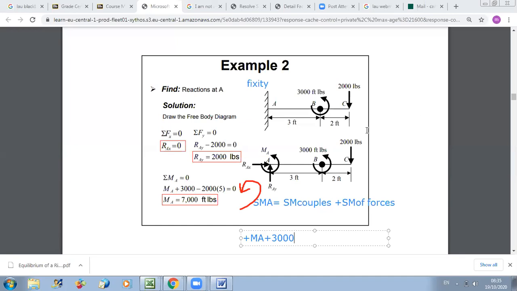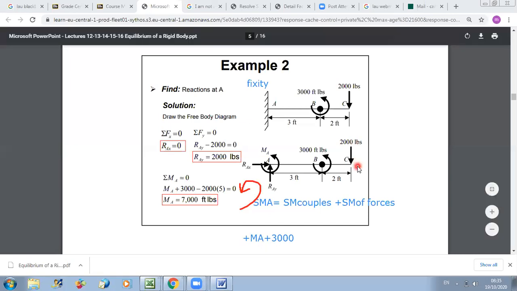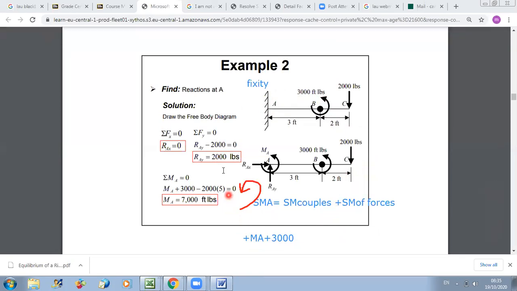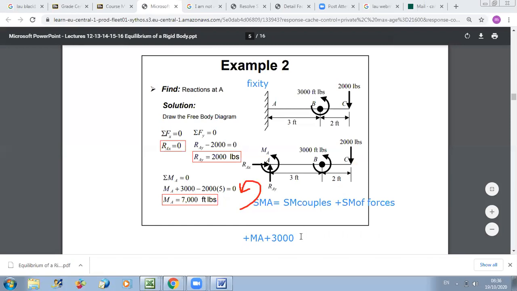Now you still have moment of forces. For Fx and Fy, they will not produce any moment about A because they pass by A. So we'll only have to find the moment of this force. And the moment of this force is clockwise or counterclockwise? Look, this force is trying to rotate about A in which direction? Like this. So it's producing a clockwise moment. This is why its moment is negative. So I will write minus